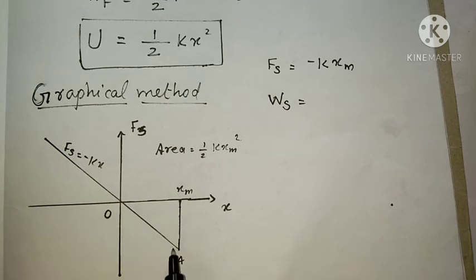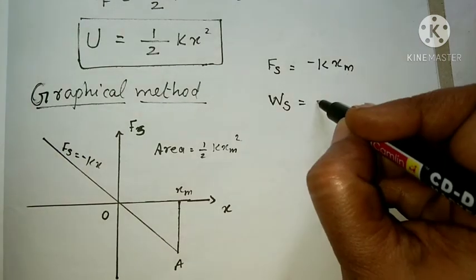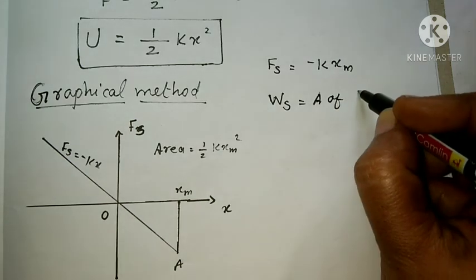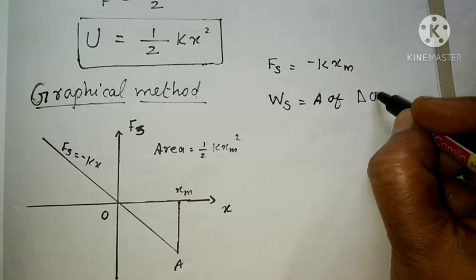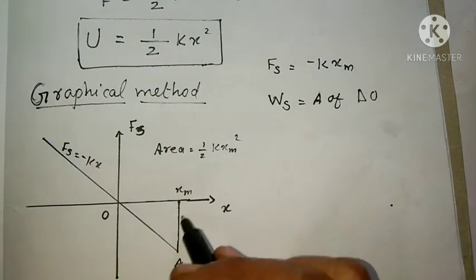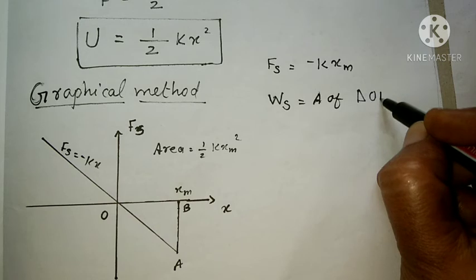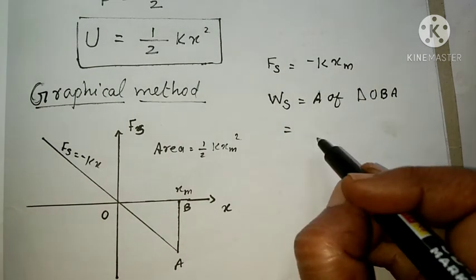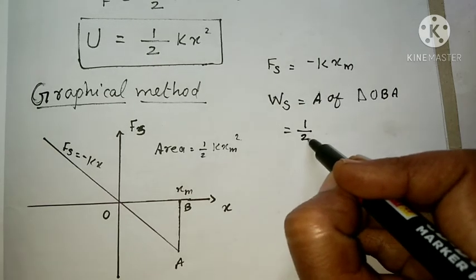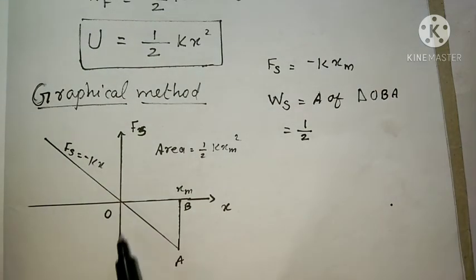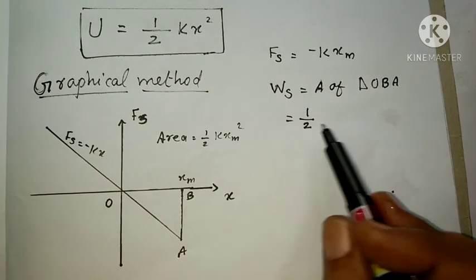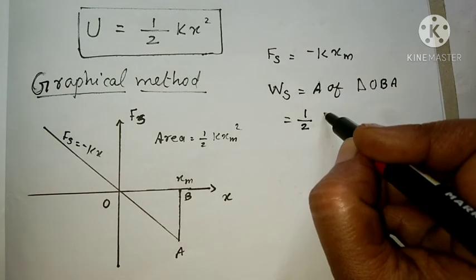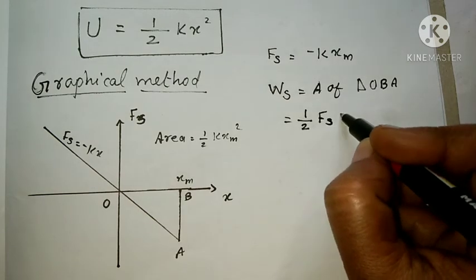So here the area is in the shape of a triangle, that is the triangle OBA. It is a right angle triangle, so we can write half into, we can take the magnitude of the force because here we are noting the area. Here Fs is negative, but we can take the magnitude, that is half into Fs into